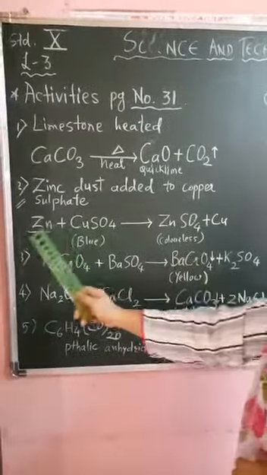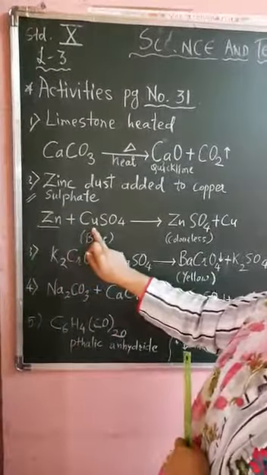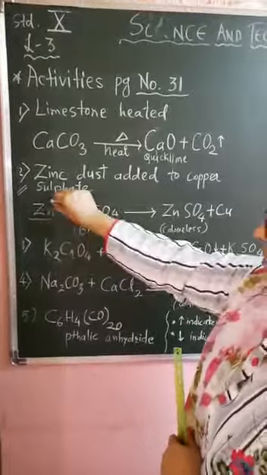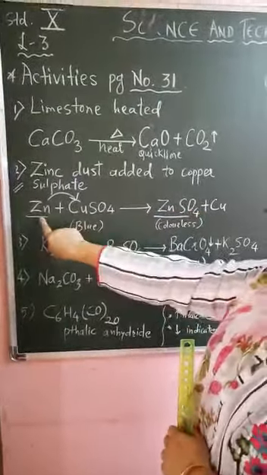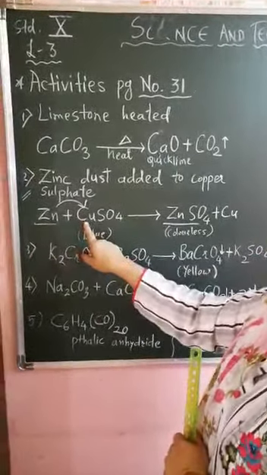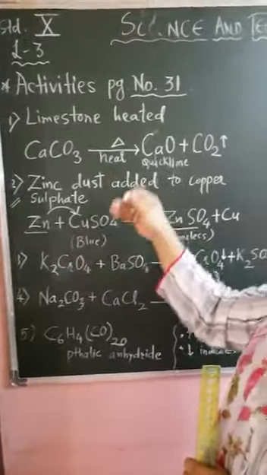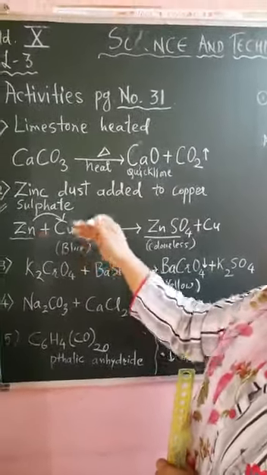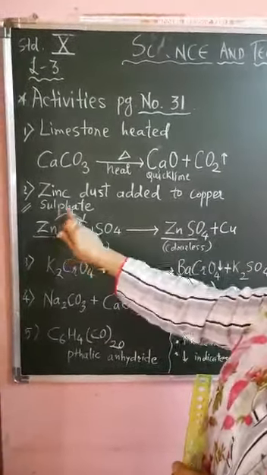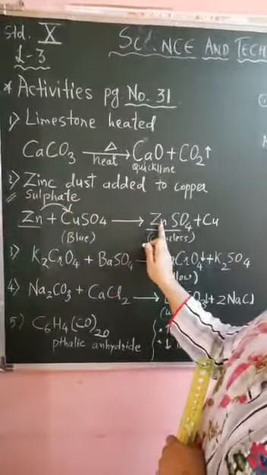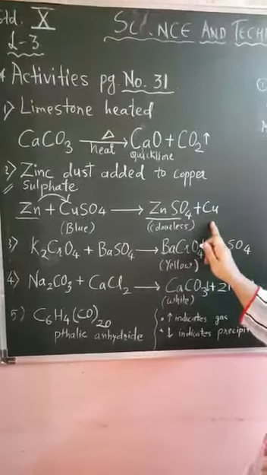Here two metals are involved, and in such a reaction one metal is displacing, it is removing copper and taking the place of the copper. That means it is more reactive than copper, and for this we have to study the reactivity series. In the reactivity series, zinc is more powerful, it is more reactive than copper, and so it can displace copper. So zinc will take the place of copper and copper will be separated. So this is the displacement reaction.